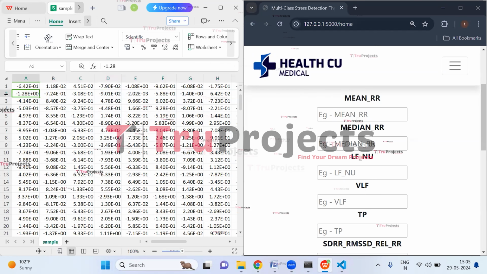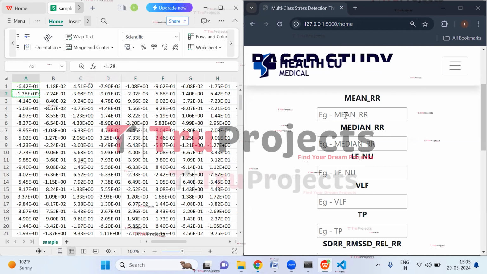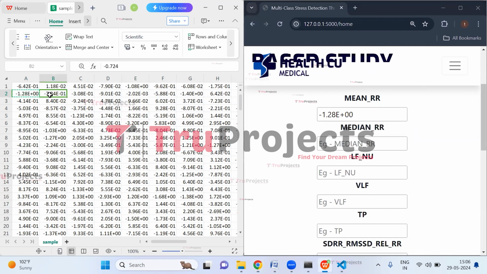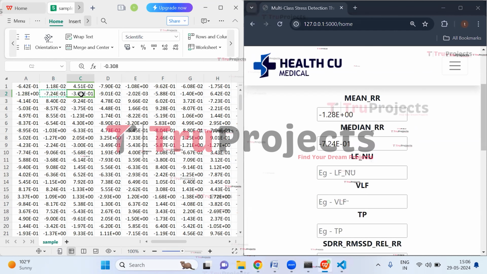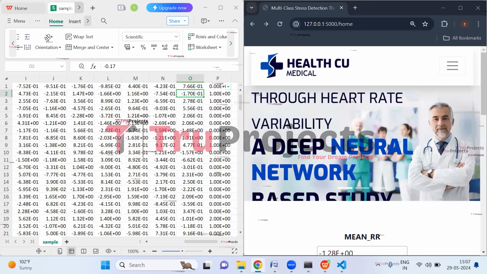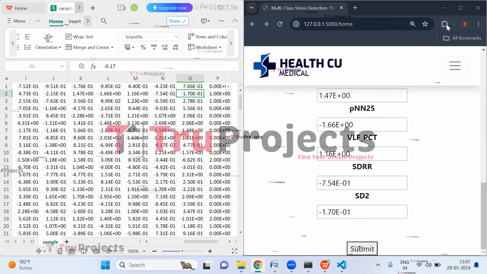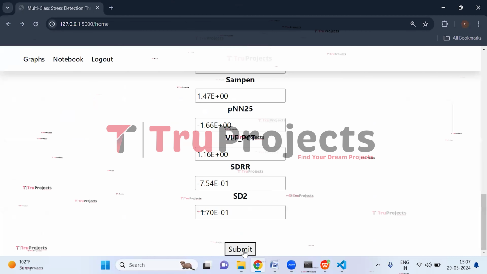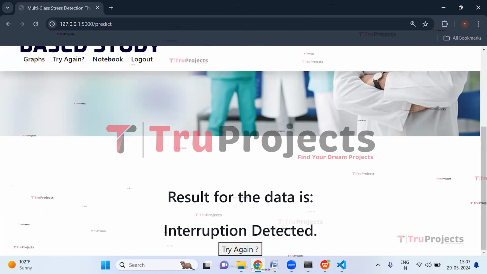So now let us enter the second case here. So from the test cases, I'm entering the values again. So we need to copy all these values. So here I have entered all the values. Now click on submit button. So here we can see the result, that is interruption detected,